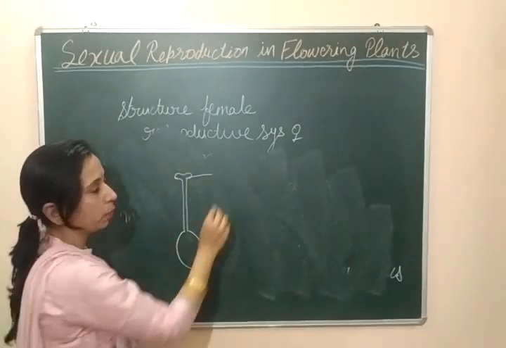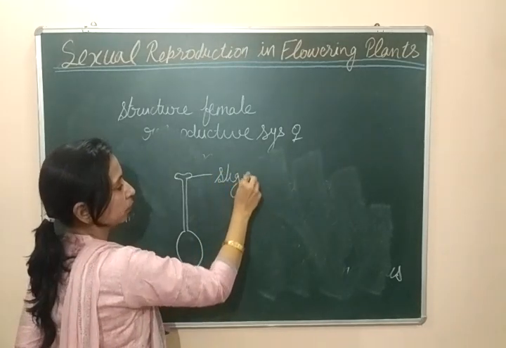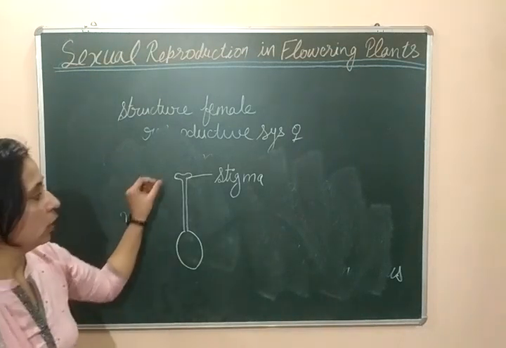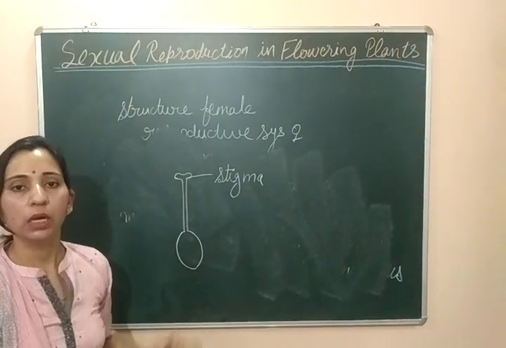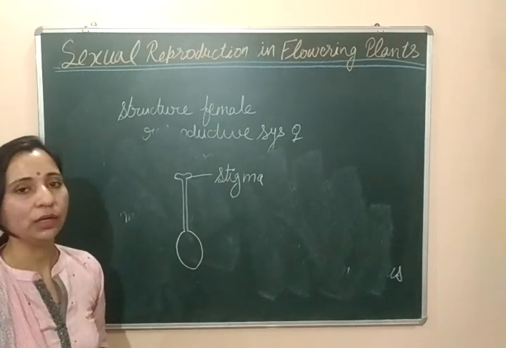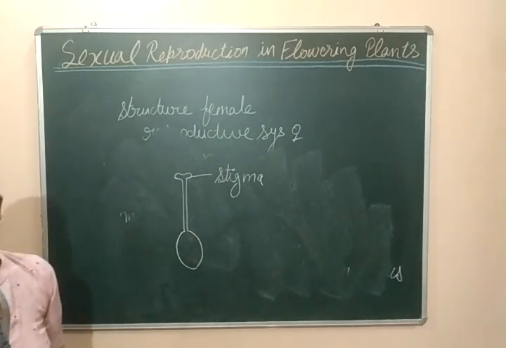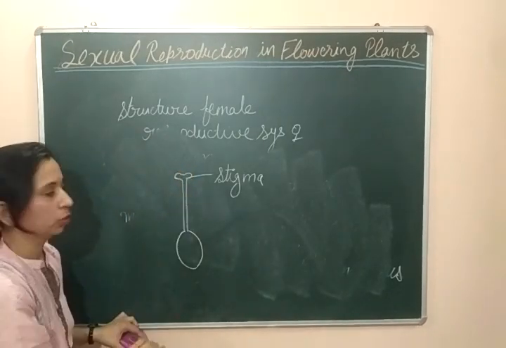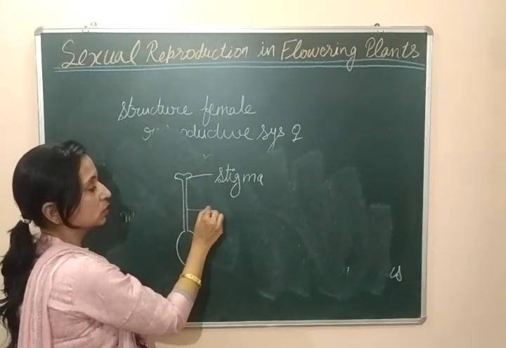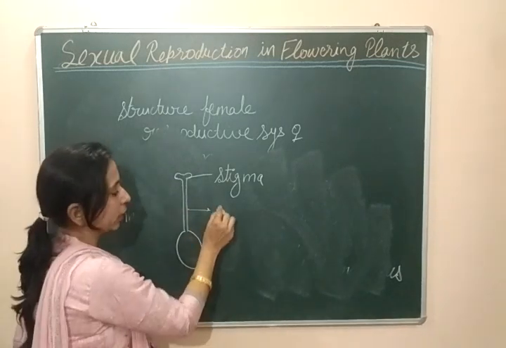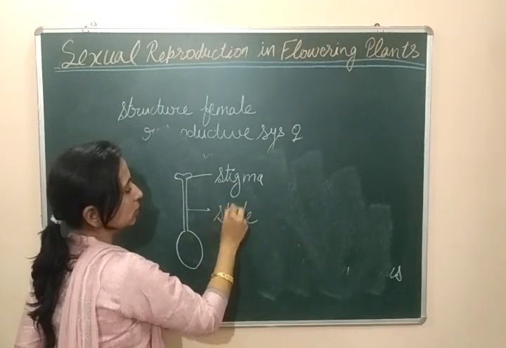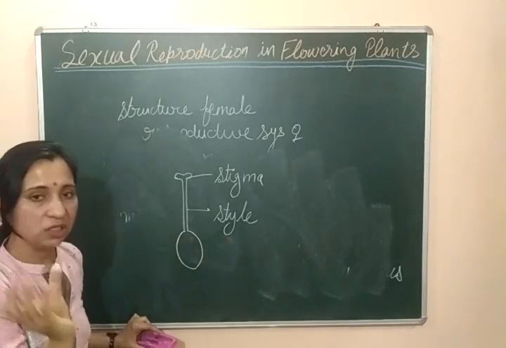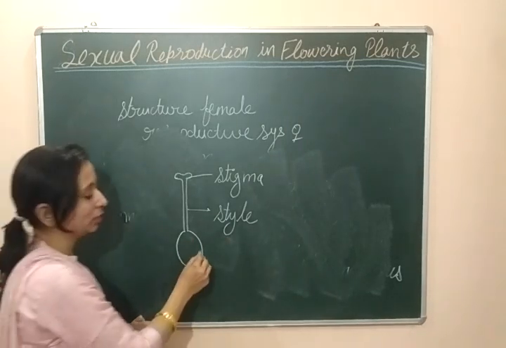Pistil has three important parts. The stigma is the uppermost part of the pistil which provides the platform for the landing of pollen grains. This is the site where pollen grains land for the process of fertilization. When pollination happens, pollen grains reach there. This slender tube-like structure is known as style. Style connects the stigma with the ovary, and this lowermost bulged part, सबसे नीचे का ये जो मोटा swollen part आपको नजर आ रहा है, that part is